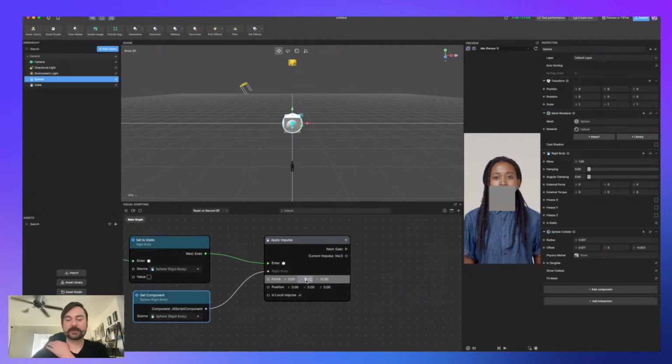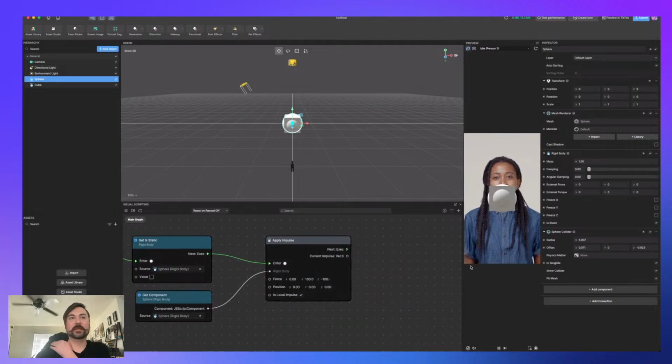It seems like it might be getting a tiny impulse. I'll just pump these numbers up. Okay, yeah, it was getting a tiny impulse. Sometimes the numbers you just have to make larger. And notice it came towards the screen. For our slingshot, we want it to go away from the screen. So we'll say -100, and I'll just drag this down. And there we go. Now it shoots forward.